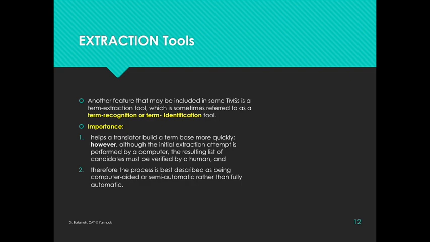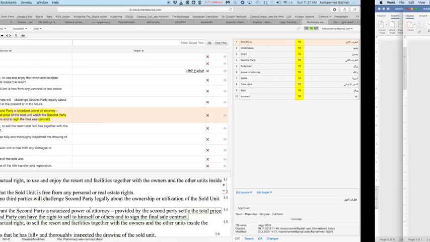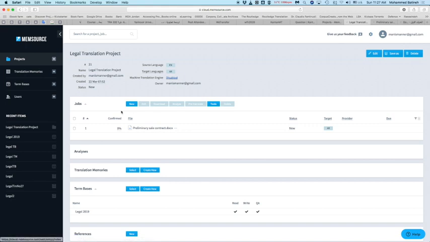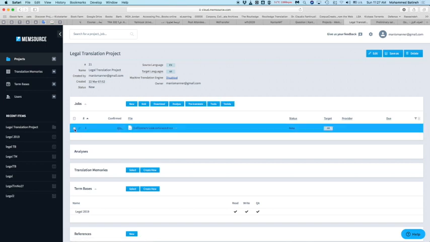Basically, we have a term base. Let me show it to you in our system. So this is my source text, for example, which is a sale contract. I click on it and I then go to tools and I ask it to extract terms. Of course, if you have a short text, you don't have to do this. I mean, you can do it manually. It's more accurate, of course. But if you have a very big project, it's easier to use what we call the extract terms function in CAT